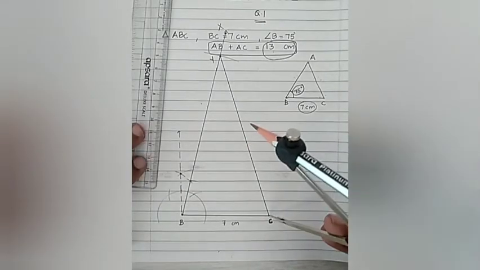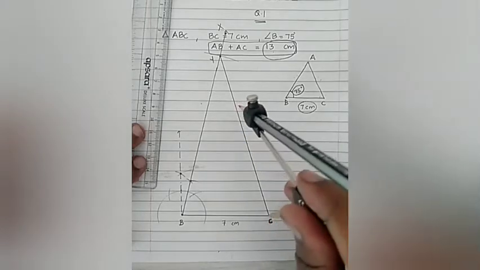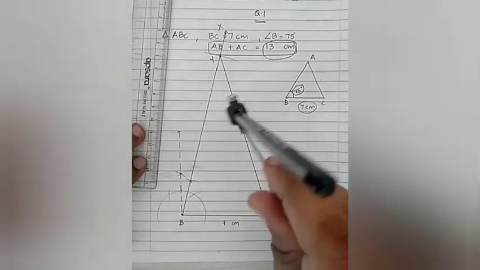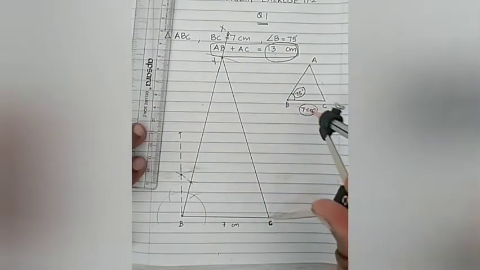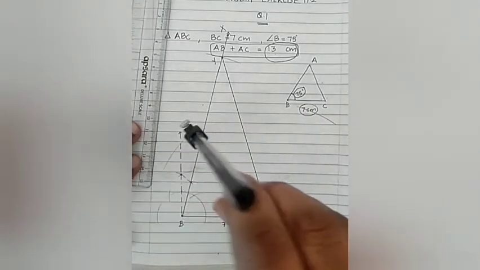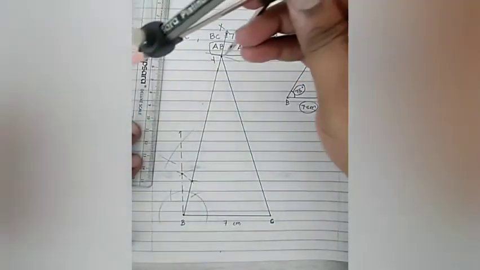That is, we'll take more than half. Okay, so more than half of YC. YC is the length. Take more than half of it. Done that. Make an arc on either side of the line segment. I made it from point C. Now I'll make it from point Y. So one over here. As you could see, from point Y, I've made one over here.